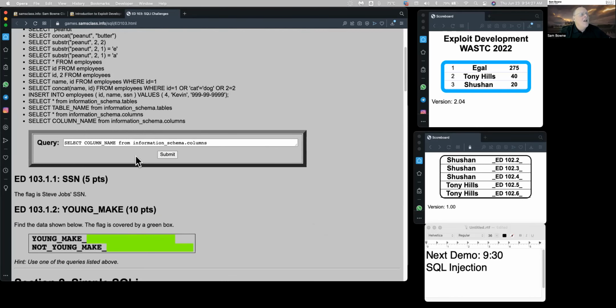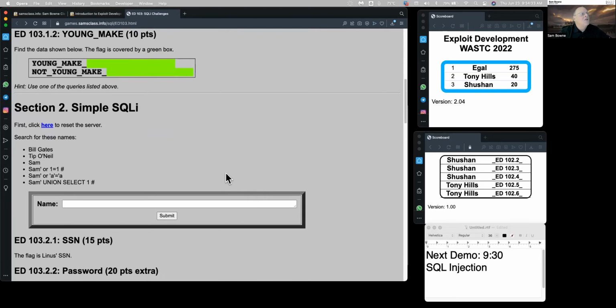You would never let an end user have access to this directly. Only your database administrator should have that kind of power. But your end user typically has access to something like this, where they can put in their name and then search for that user. So if I search for Bill Gates,